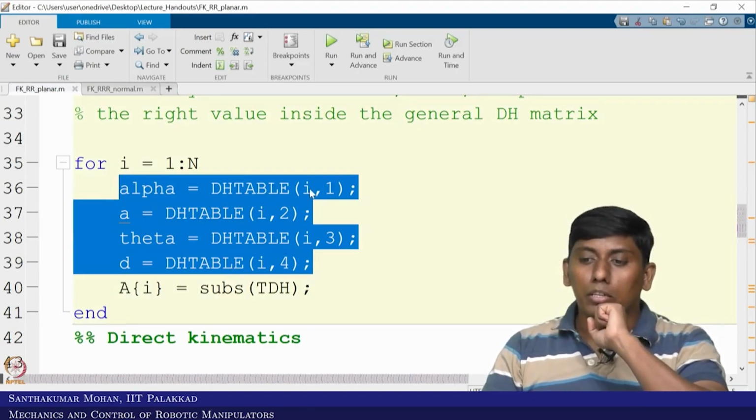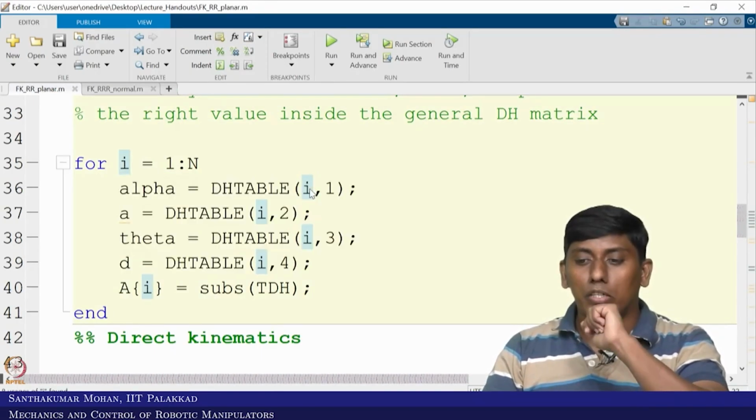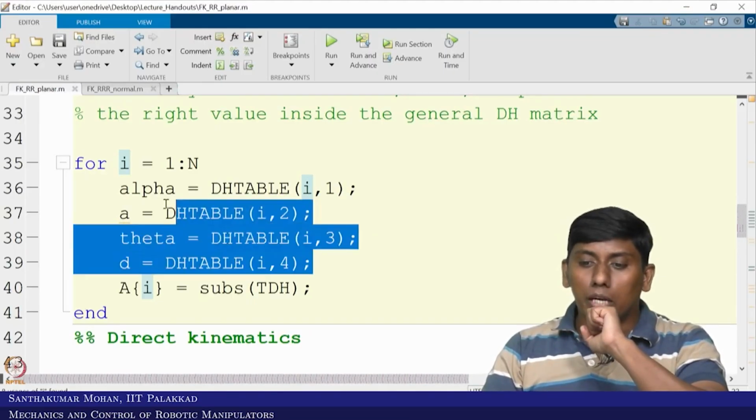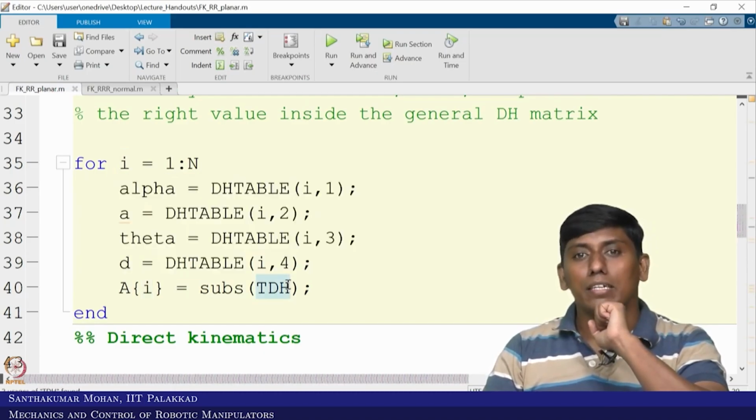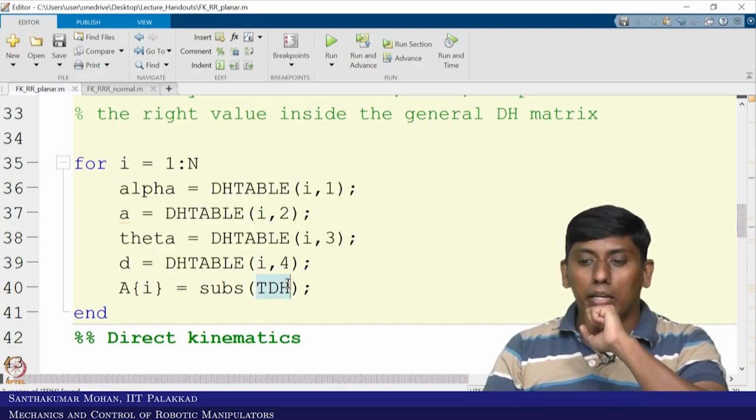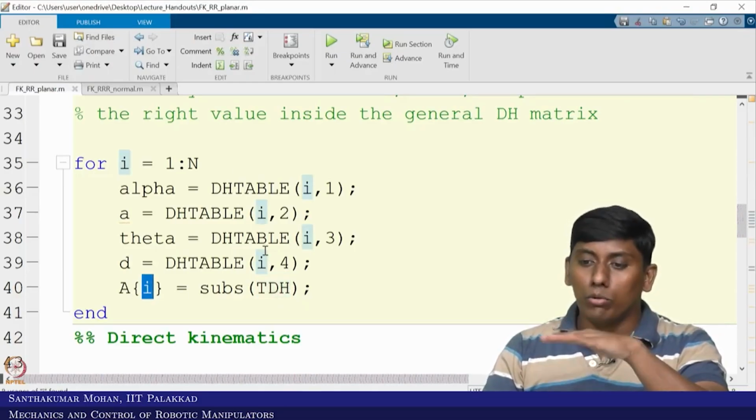So the corresponding row, in this case first row, first column, second column, third column, fourth column, would be denoted alpha, A, theta and D. Once you get this alpha to D, then you can substitute these variables into the DH, in the sense your ARM matrix. Now what will come, the first cell will fill with the first row of the DH table,